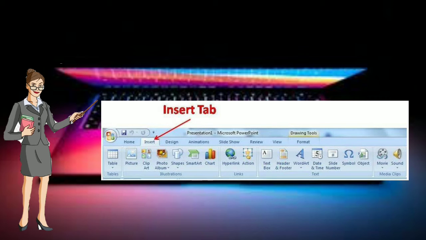You can insert tables also, images, any pictures, whatever pictures you have taken from the internet you can take here also. Illustrations means any kind of shapes and charts, you can take those also. You can add comments, any different and stylish text, symbols, etc. Understood, students? This is the importance of the Insert tab.